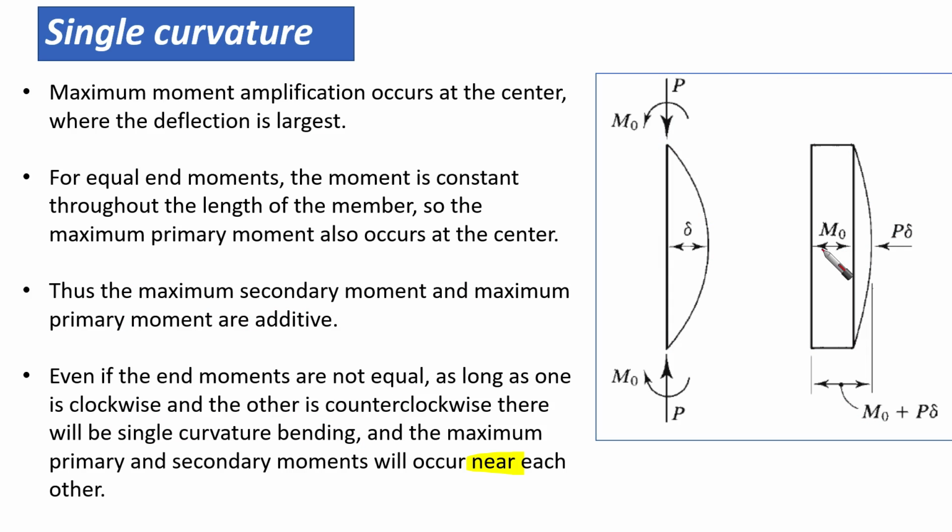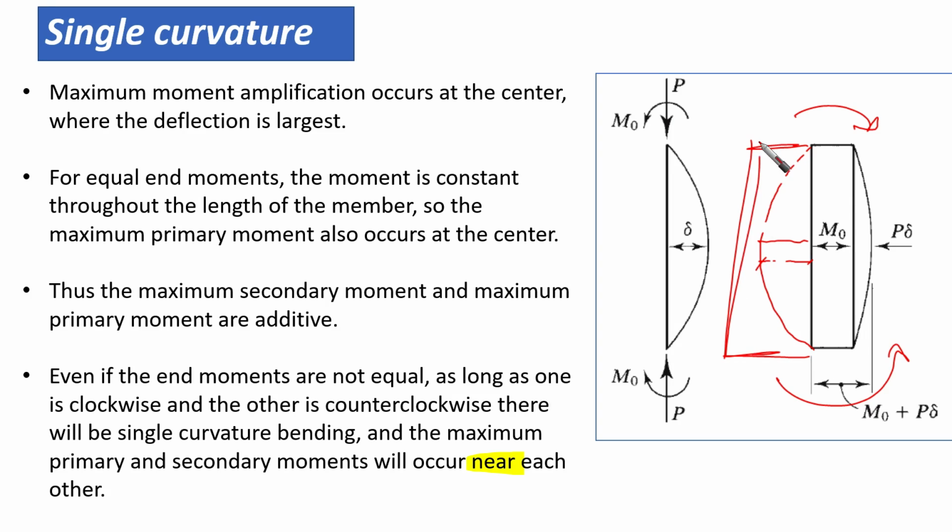For example, if we have moments like this and this, maybe the deflection is going to be, let's assume, here. The maximum deflection, as they said, that will be single curvature, and the maximum primary and secondary moments will occur near each other. So they are going to be here, because we have here M1 and here M2,